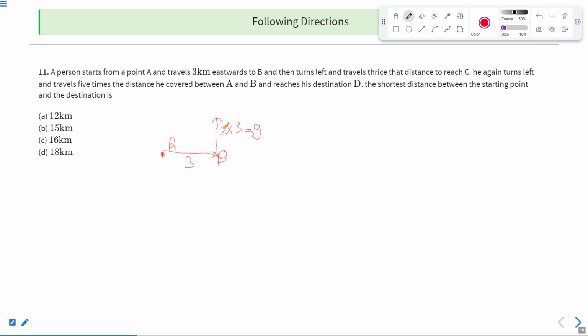He again turns left, travels 5 times the distance between A and B. Reaches D. Now you have to find out this A and D. Okay. This figure is nothing but